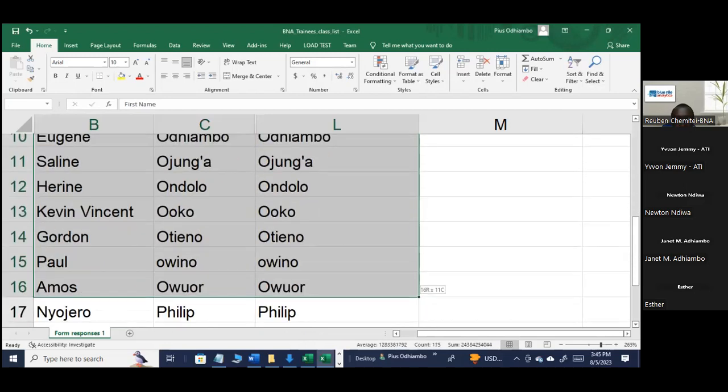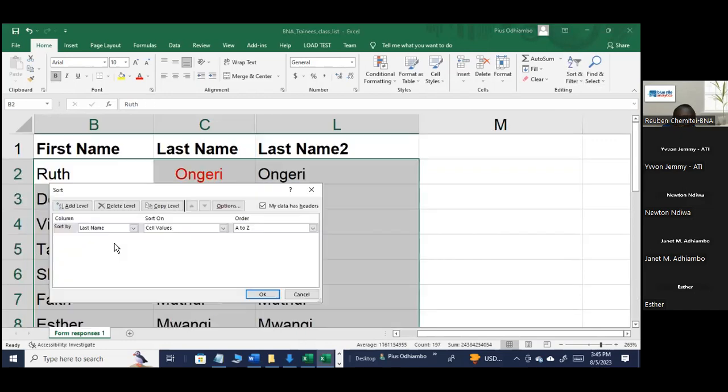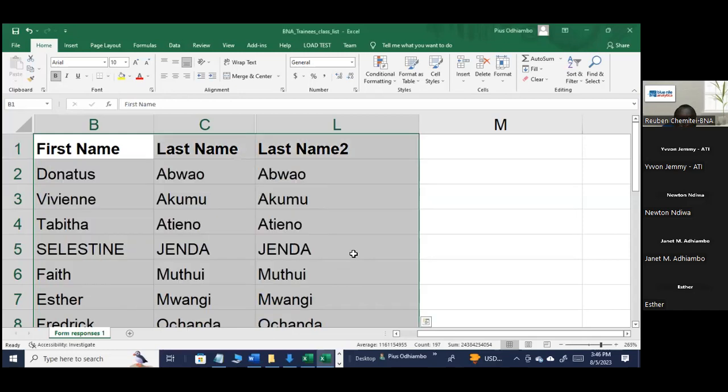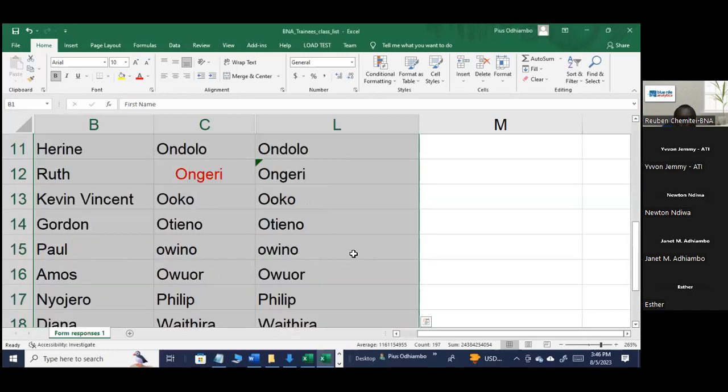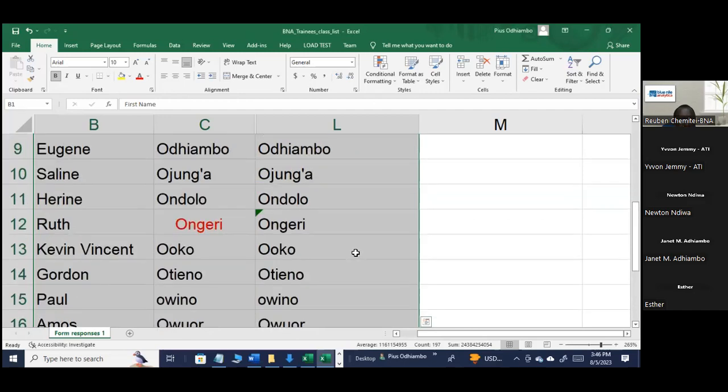Then sort, custom sort, and sort by last name 2, from A to Z. That's the values like that. Now let's see, is it doing it right? Now you can see